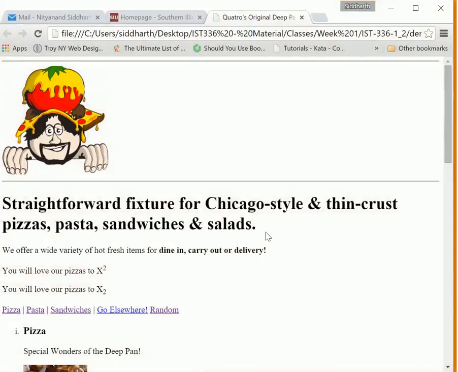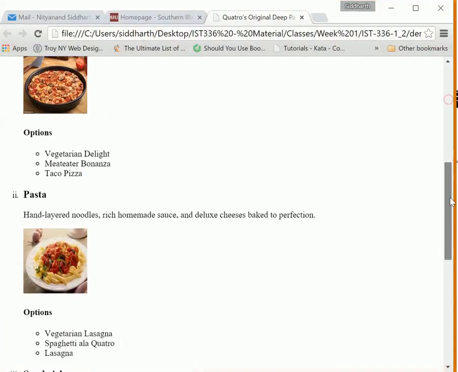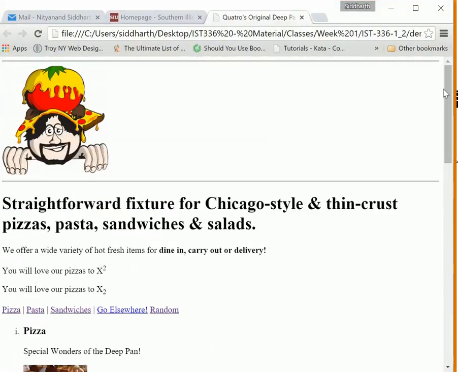Hi, in this lesson we will be discussing HTML links, also known as hyperlinks. For this I will show a demo that I've already made, so let me open my browser. This is the demo that I've made, and it has various elements in it, and I'll be discussing one after the other